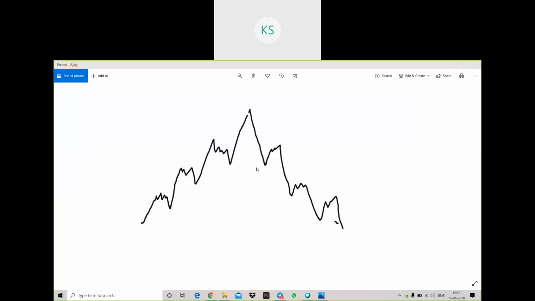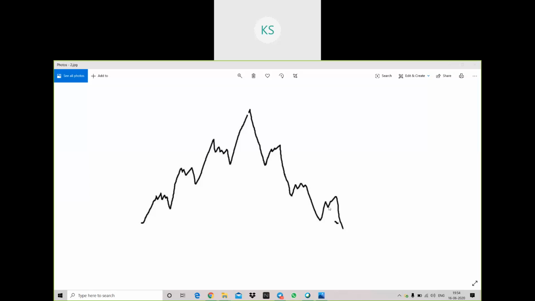Okay, in a similar way, if the stock is going down, it went till here, then it was halted, then it went against the trend, then again it went down, and then you'll see a movement which is against the trend. So the main trend here is a downtrend from this point till here. So if the stock is going in the upward direction, that is against the trend. Okay, and it again continued in a similar manner.